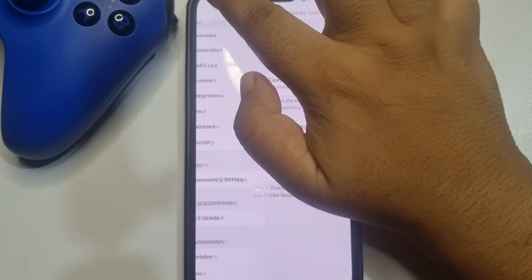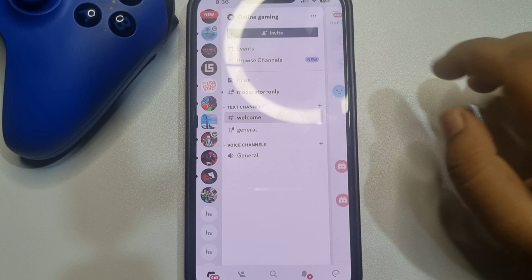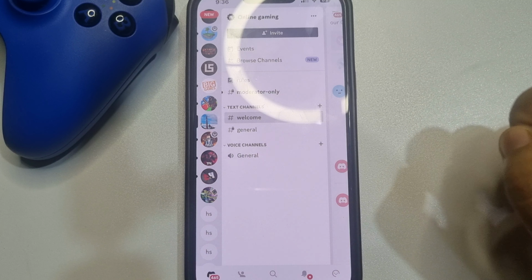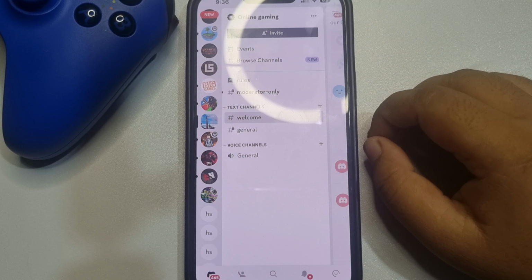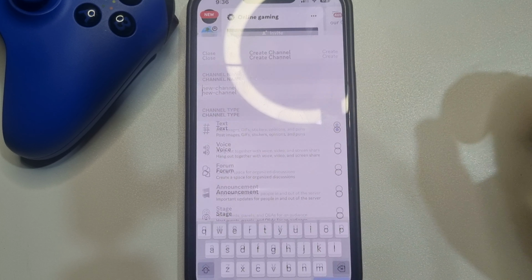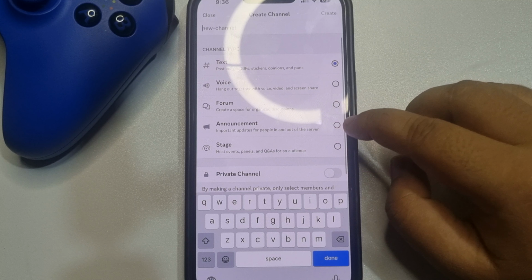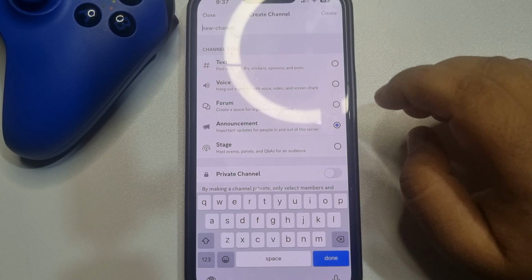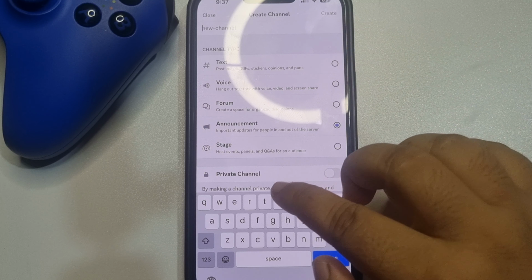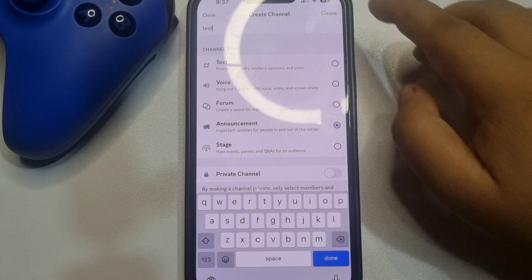Now go back from here, and after enabling community, I'm going to tap on this plus icon to create a new text channel, and that's it. Here we can see announcement channel. So select this announcement channel and enter the new channel name. Tap on create,